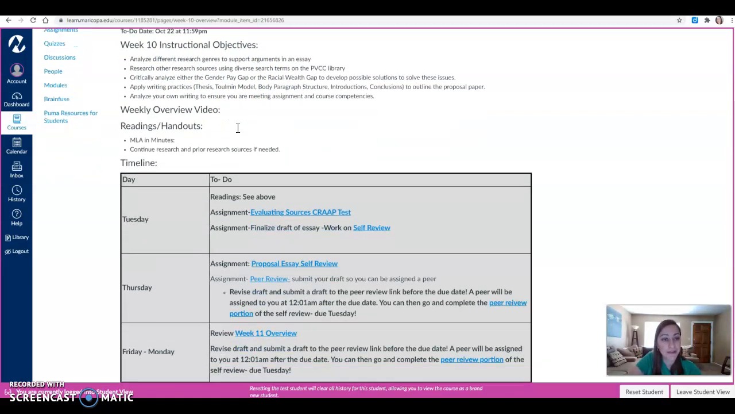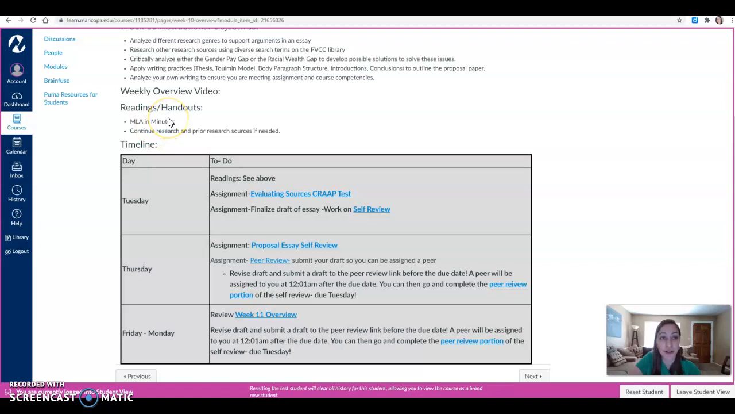Take a look at your objectives for the week, and we don't have any new readings or handouts. We're still just working our way through the proposal paper. This is our last week that we're really working on the proposal paper. We are finishing it up this week with peer and self-review. This will be a little bit of a longer overview because I do want to show you how to do